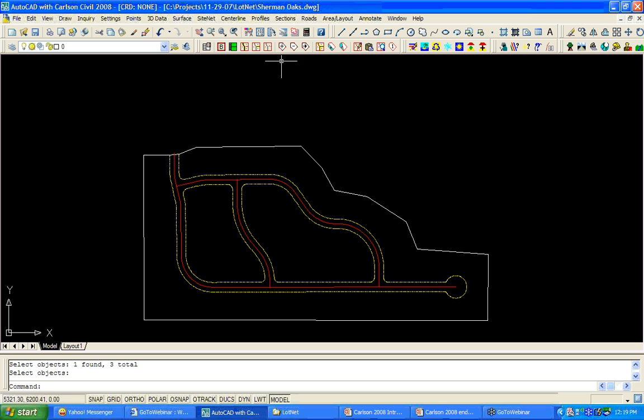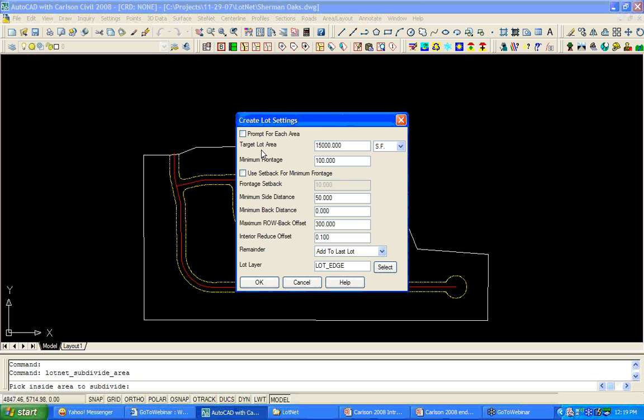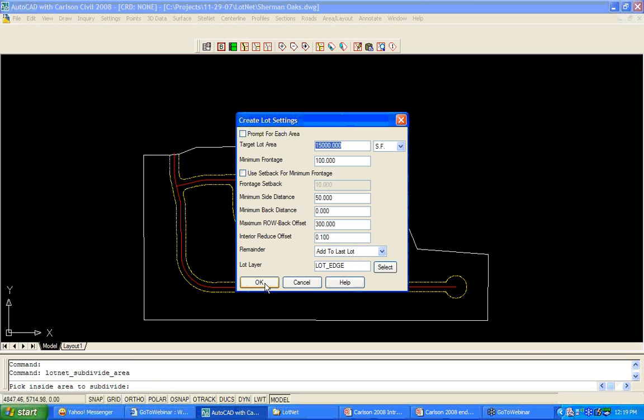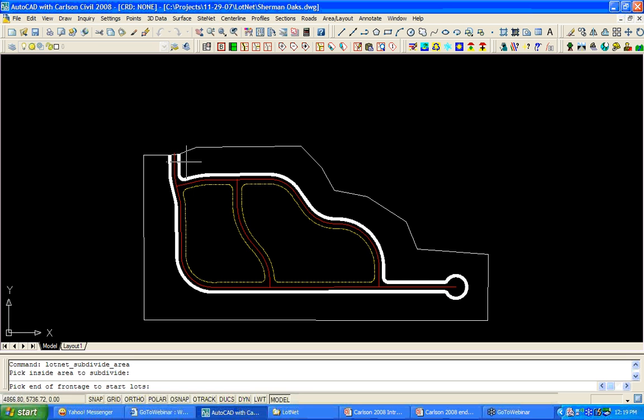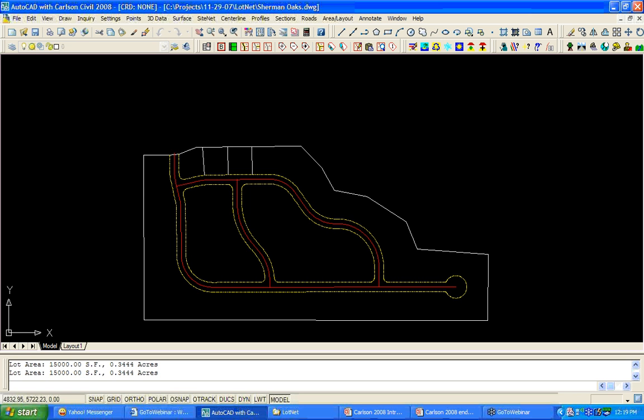Now what I need to do is go right over here to the subdivide area. The subdivide area is what you use to put your information in for your lots. So for my outside lots, I'll pick inside. I'll leave my lots on the outside at 15,000. I'll add to the last lot, so I'll just pick OK. And for my starting point, this is critical here because let's say I want to start here, and then the end of my lot will be here, which will be a larger lot. So I'll pick here, and it'll start laying in my 15,000 square foot lots,